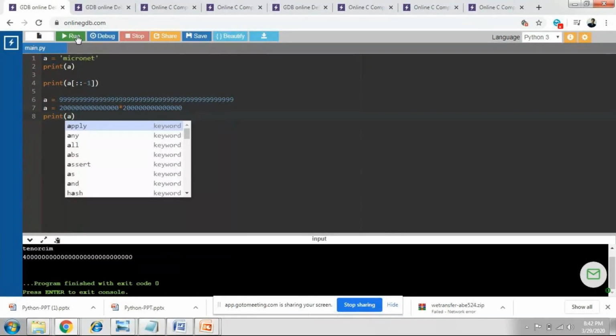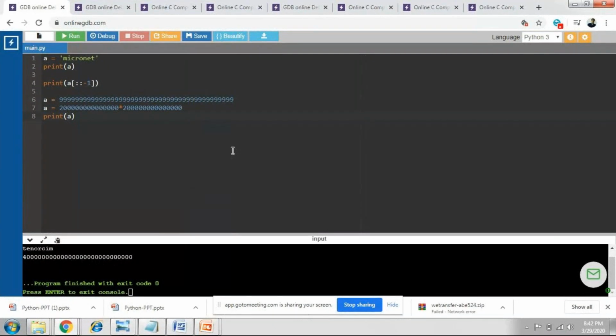You can see we still get the answer. That means it dynamically assigns the space and dynamically assigns the type, and all this happens. So this makes Python a simpler language, and it is very easy to learn.